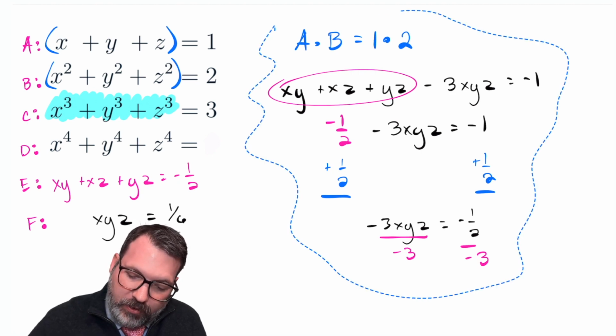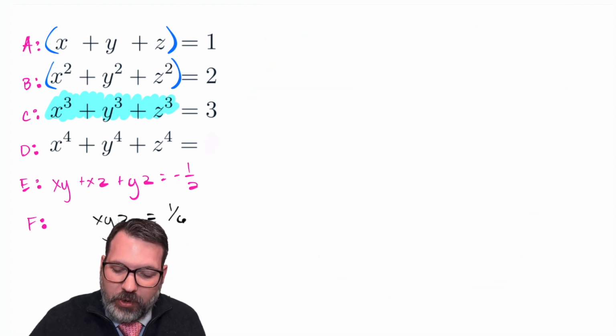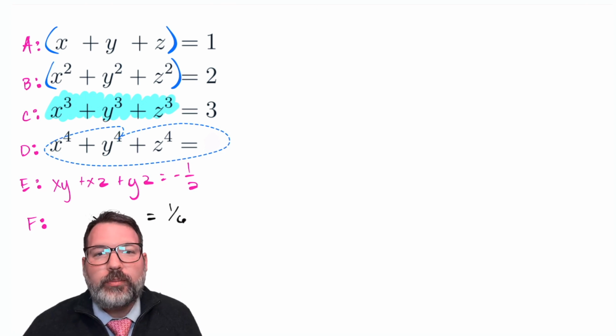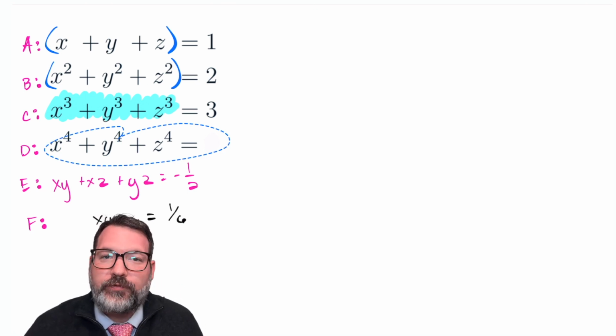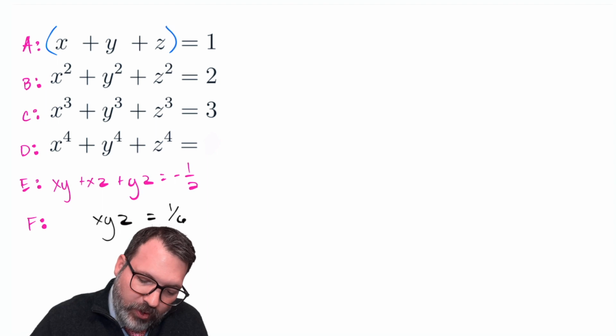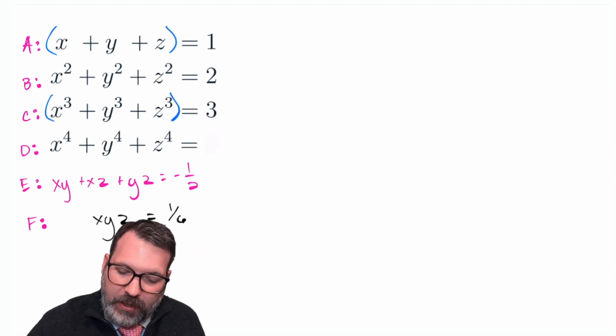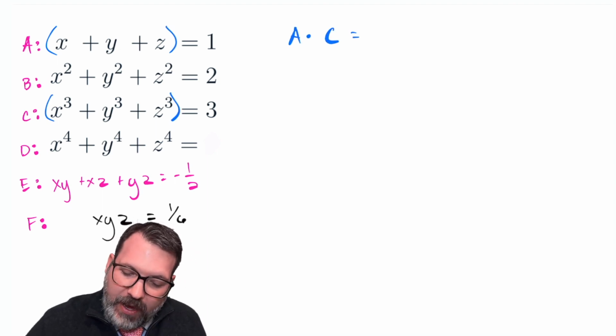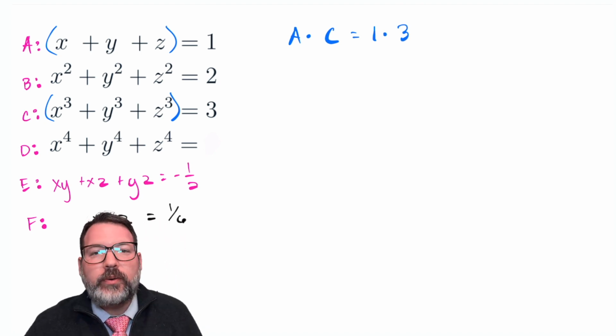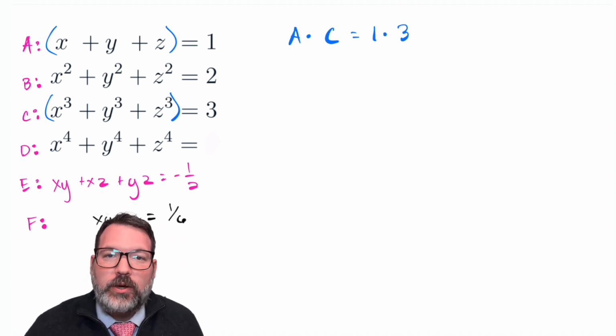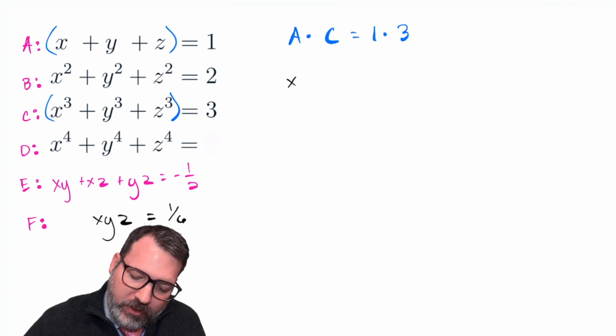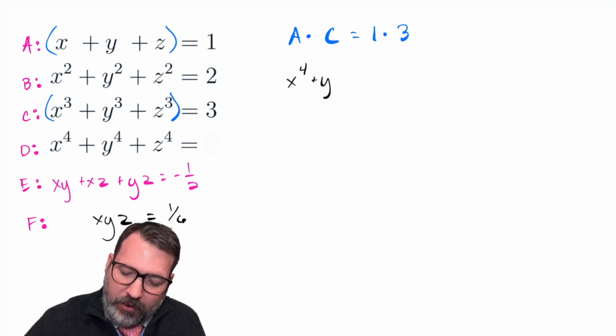almost done. There's just one other thing we need to do to figure out what x to the 4th plus y to the fourth plus z to the fourth equals. One more time, we want to be a little bit clever about what we multiply. This time I'm going to multiply a times c, which of course I should know is equal to 1 times 3 equals 3. Again, I won't bore you with the details, but if you multiply that out, you should get